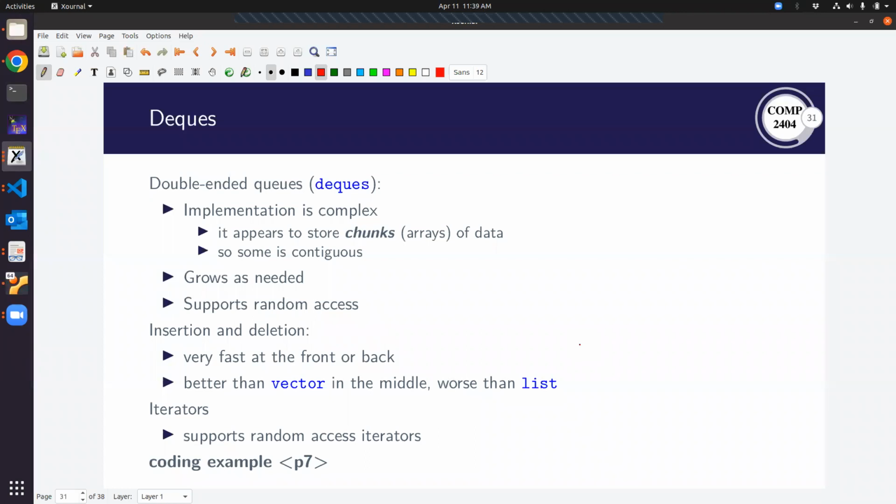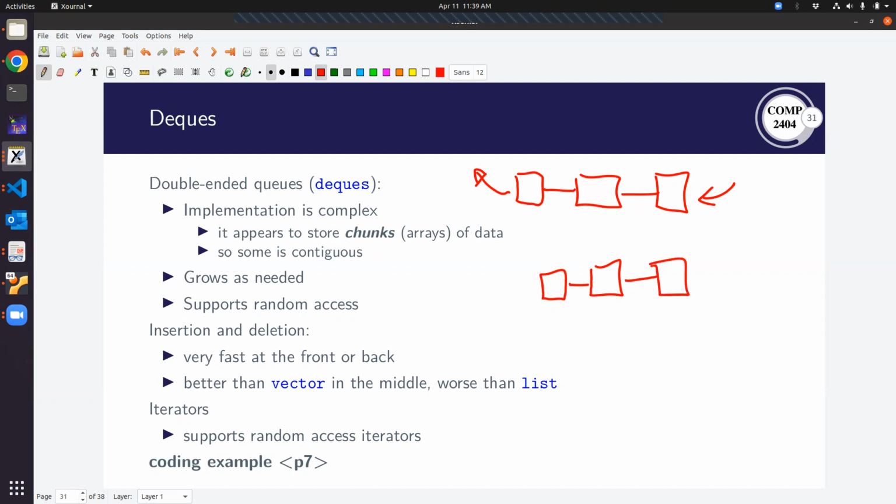All right, so the next thing we're going to look at is deques. These are double-ended queues. We've implemented a queue, right? A queue was very fast at removing something from the front of the list or adding it to the back. Those 2 operations were quick and efficient. With a double-ended queue, we can do both. If I want to add to the front, that happens fast, and I don't need to make copies of my elements. I could add to the back, that also happens fast,